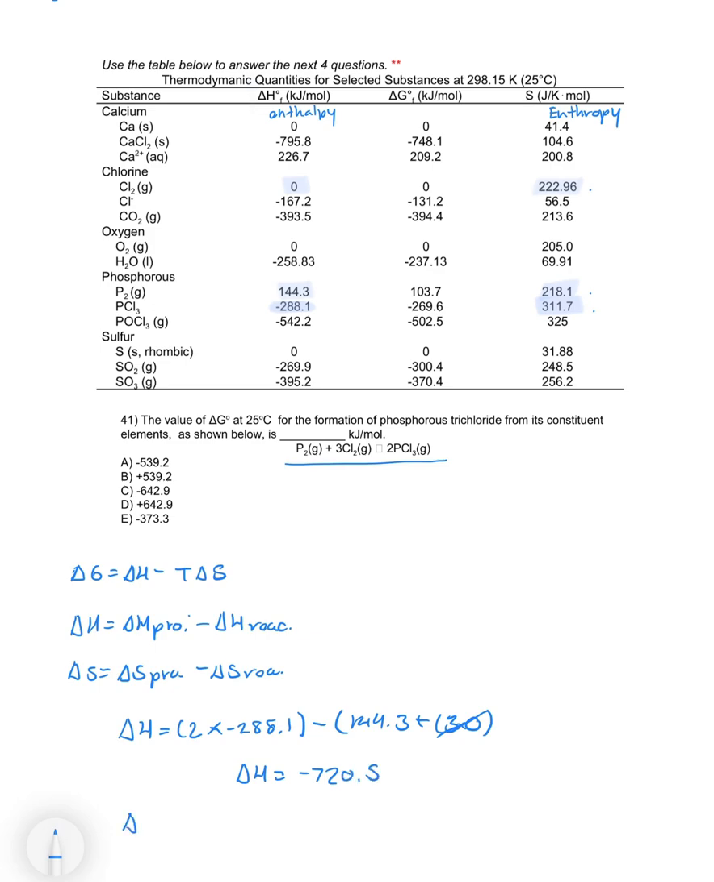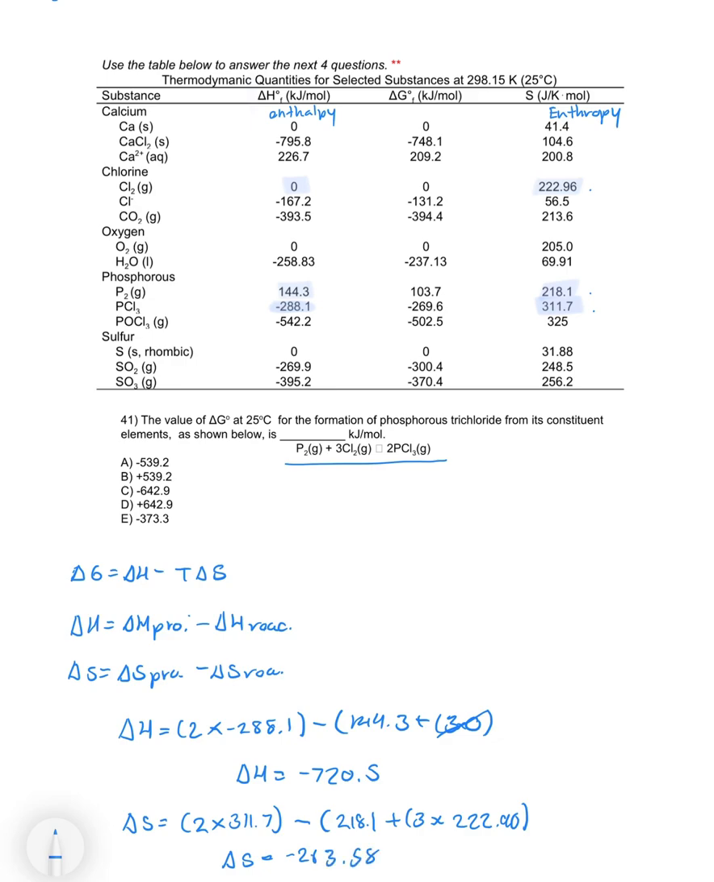Now we will find the delta S. Delta S is equal to 2 times the value of PCl3, which is 311.7, minus the value of the reactants, which is P2 and 3Cl2. P2 is equal to 218.1 plus 3 times the value of Cl2, which is equal to 22.96. When you multiply, subtract, and add all of these values up, you get negative